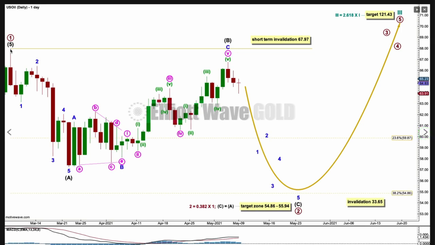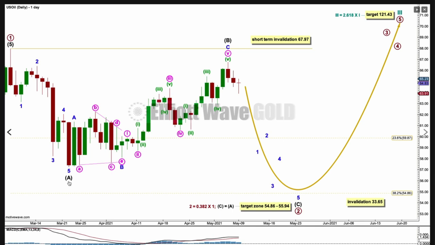At the daily chart level, we're now looking at primary 2 subdividing as a zigzag labelled A, B, C. If I have this correctly labelled as a 5-wave impulse, then that means that primary 2 can't be over there, and it also means that within it, intermediate B may not move beyond the start of intermediate A above 67.97. That rule is absolute, and that's why I say a new high, even a fraction of a cent on a tick chart above this price point, invalidates how I have labelled primary wave 2. I would then, for this wave count, have to label it over there, and we would have a bullish wave count.